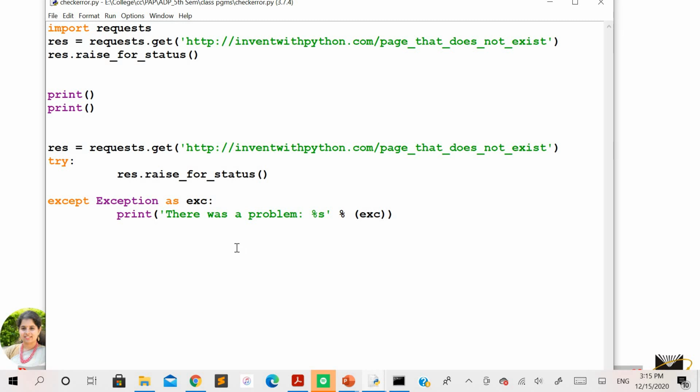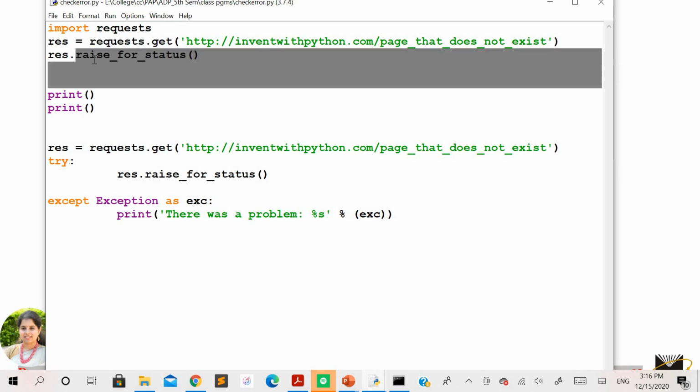In this case, as usual, you need to use the requests module in order to download something from the internet. These two lines are going to remain the same as what I have just discussed. The get method is to retrieve the contents from the file. Here you can see that we have purposely taken an example of a page which doesn't exist. Don't worry about the value of this parameter. We purposely took a value which doesn't exist, just to show you what kind of error you will get. In the next line, you can see result.raise_for_status. This is the method which will tell you whether everything is going correctly or not.